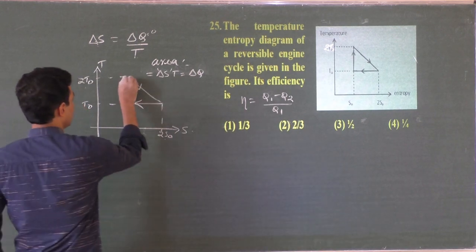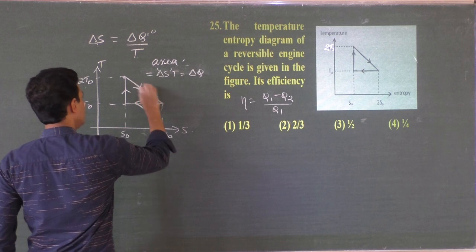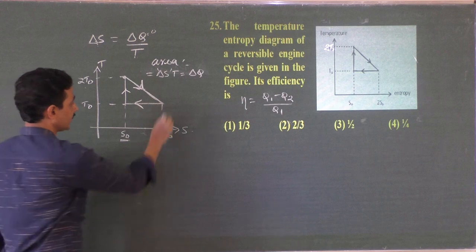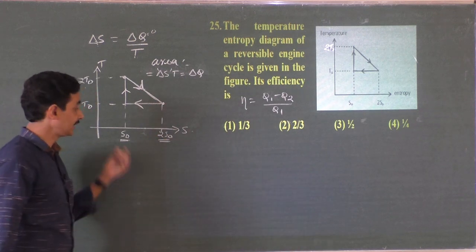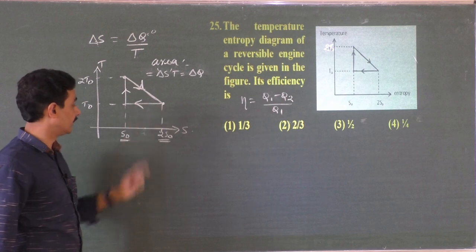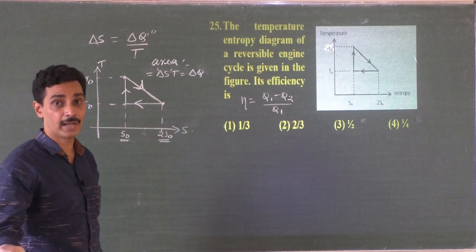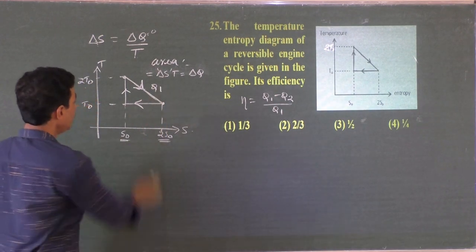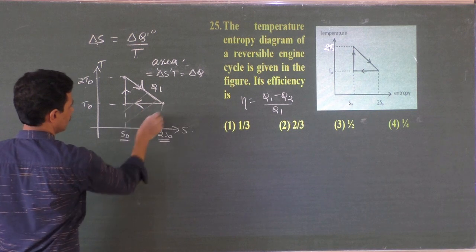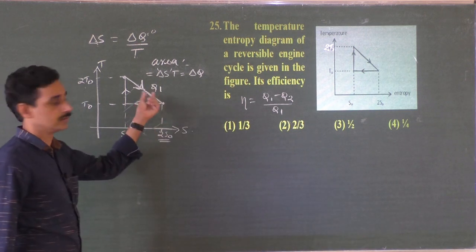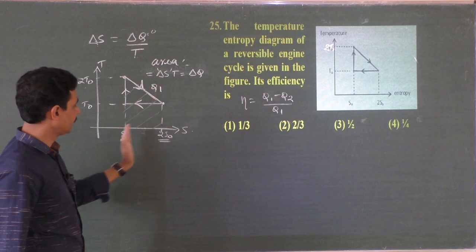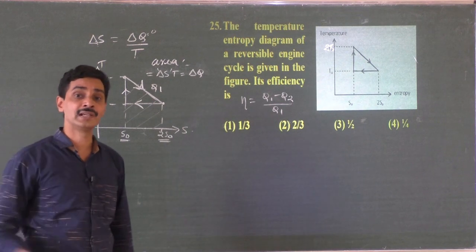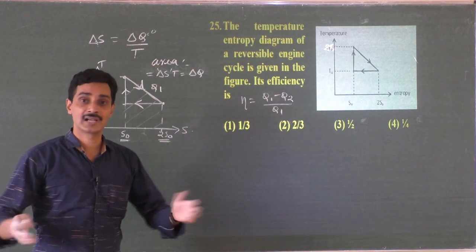Now if you start from here to here, when you move from here to here, entropy is increasing. Corresponding to this point, entropy is S naught. Corresponding to this point, entropy is 2S naught. Entropy has increased. That means heat energy must have been absorbed. So this should be Q1. So the area under this curve, complete area, gives heat energy absorbed. Increase in the entropy means heat energy must be absorbed, because when more and more heat energy is given to a system, its entropy, disorderness, increases.